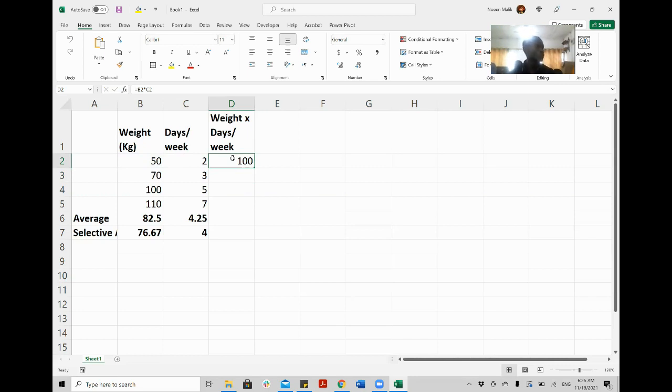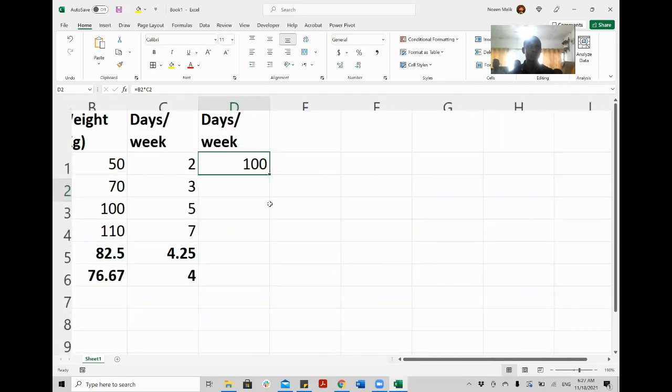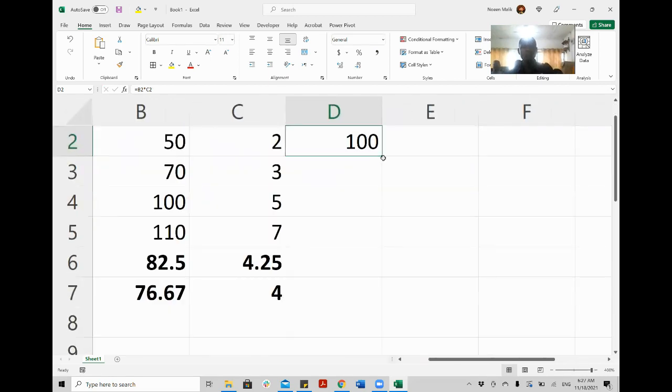Now another thing, you want to calculate weight multiplied by days for all these numbers. You don't have to go to each cell and create this formula. What you can do, you can simply move your mouse on this and select one cell. Then if you see on Excel, there is a dot here on the bottom right hand side.